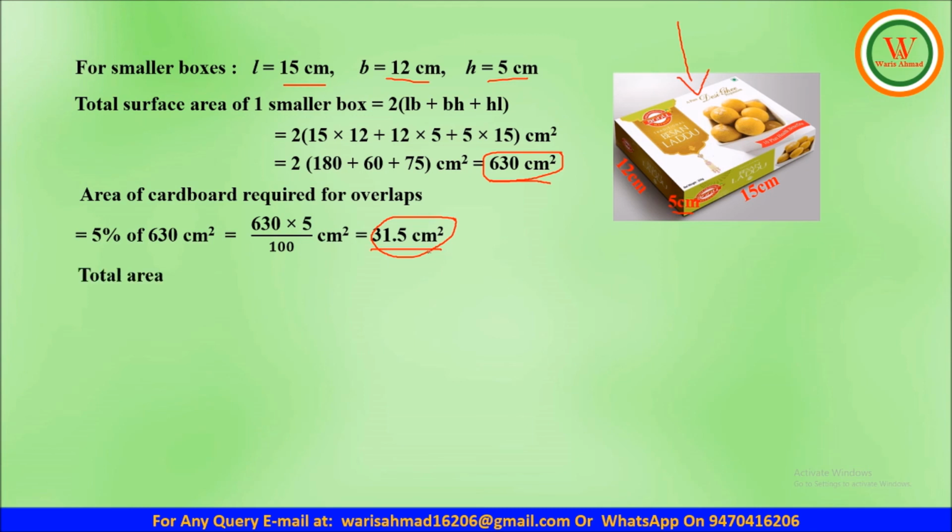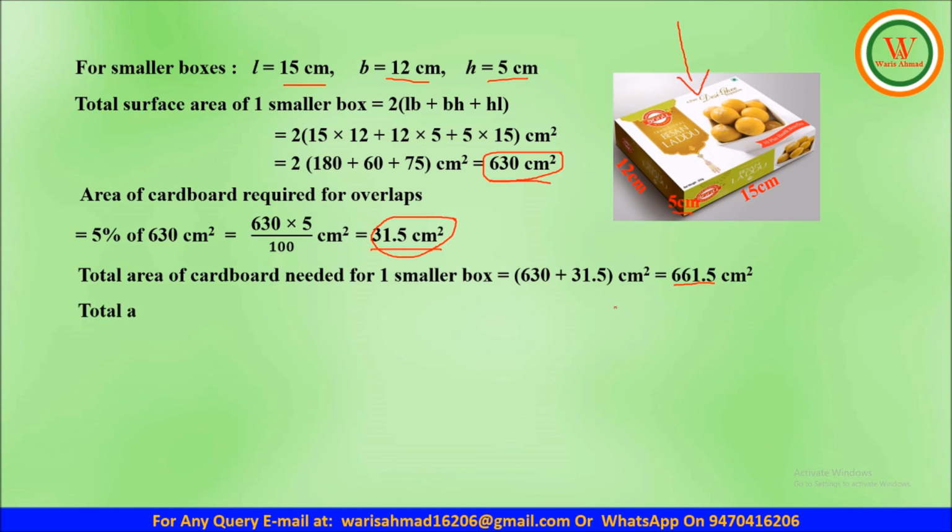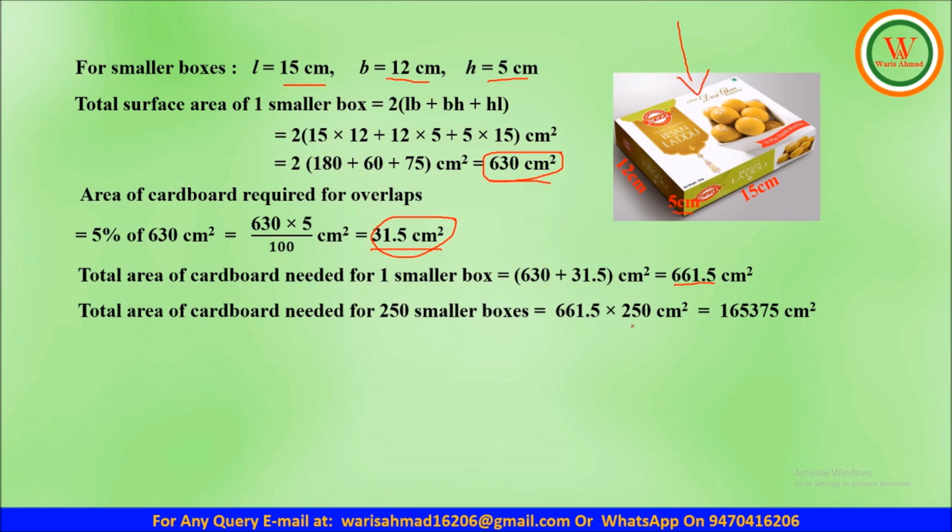So here we can write the total area of cardboard needed for one smaller box is equal to 630 plus 31.5 centimeter square, that will be equal to 661.5 centimeter square. Again, here we have to make 250 boxes, 250 smaller boxes. So we have to calculate the total area of the cardboard needed for 250 smaller boxes. So here we can write total area of cardboard needed for 250 smaller boxes will be equal to 661.5 into 250 centimeter square, and the final value is